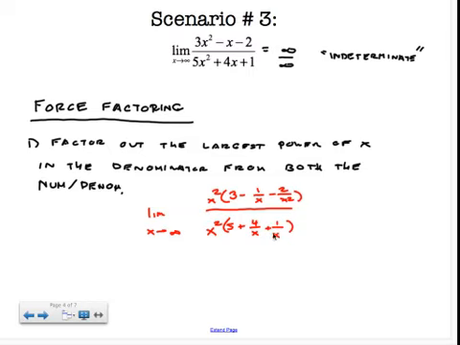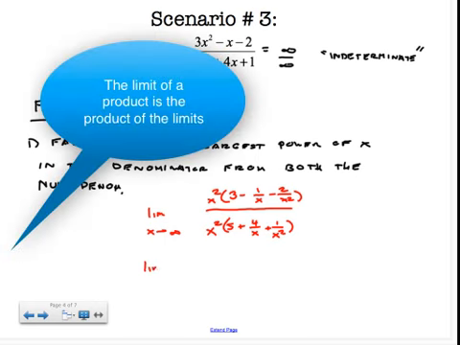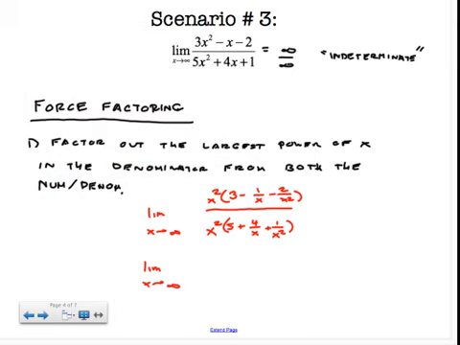All right, now what does that accomplish? Well, first thing I'm going to do is use one of my limit properties to make this into two limits. We're going to make this the limit as x goes to infinity of x squared over x squared, times the limit as x goes to infinity of what's remaining, which is 3 minus 1 over x minus 2 over x squared